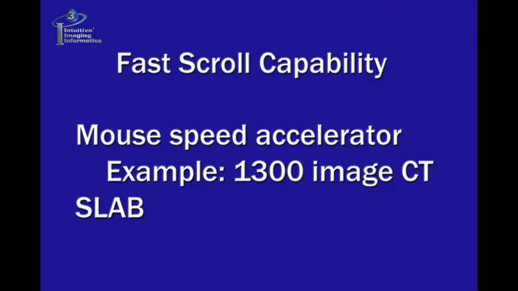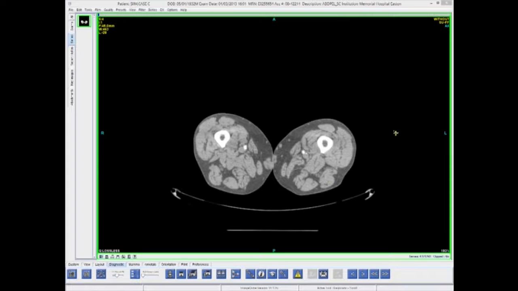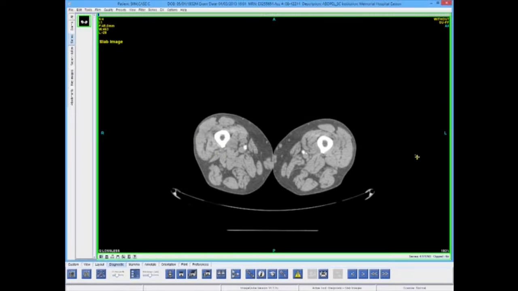Slab imaging is also available for CT images. In this example of a 1300 image CT with slab turned on, as the user scrolls through and selects their slice thickness, the user may scroll through the study, seeing an average,